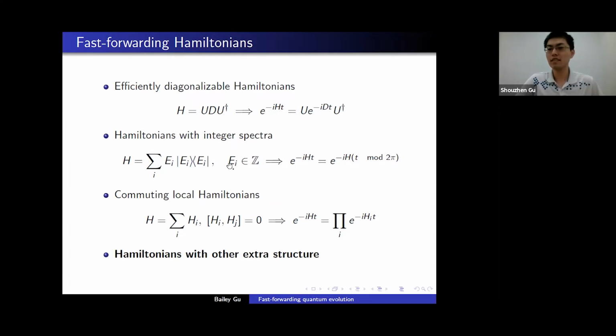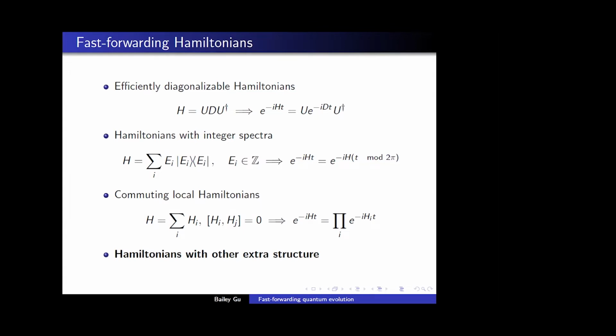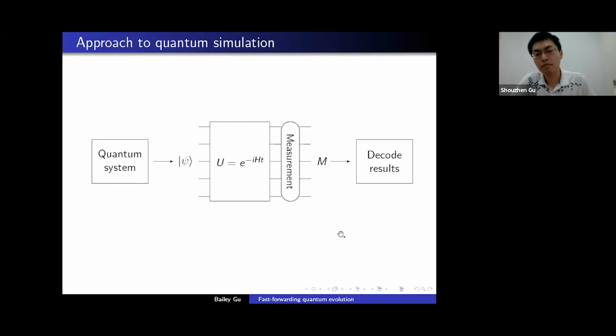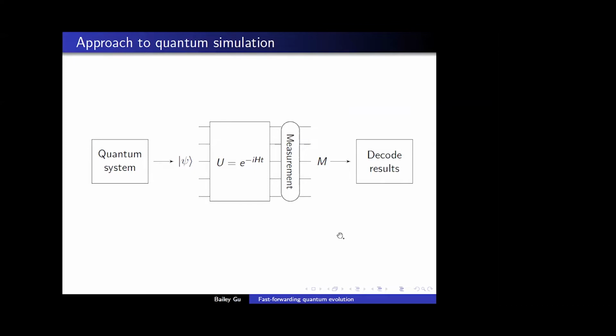Okay, so are there any questions about any of the things that I've said so far? I have a question. So you mentioned that at the end of the day, the end goal is to basically measure some observable expectation value, right? And often you have some initial state in mind which you want to evolve. Is it possible that for all possible initial states and all possible observables, fast forwarding is not possible,